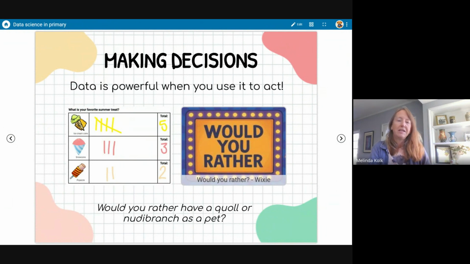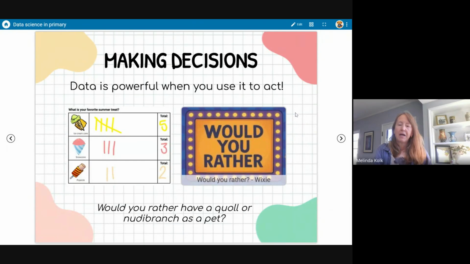And so again, I shared that tally example. What's your favorite summer treat? Well, what I might want to do with that is, okay, I might ask this in May. And then when we have our class party, we're going to look at, okay, if we wanted to pick one, now, of course, if you're working with the younger kids, they're only going to want what they want. But we're going to talk about, if I wanted to make the most people happy, I am going to choose to do ice cream, because the largest number of people like that. So this is how we're going to make a decision with a tally that way.